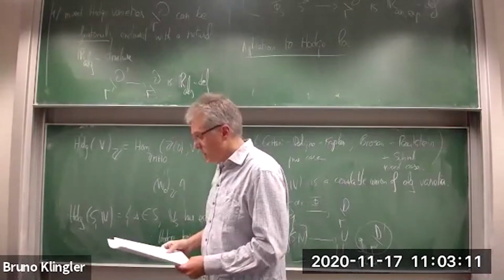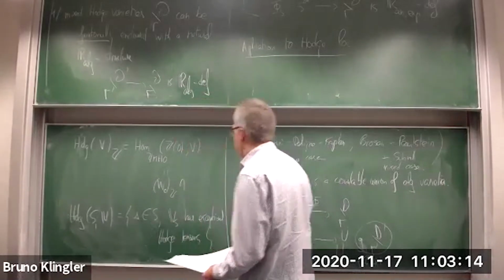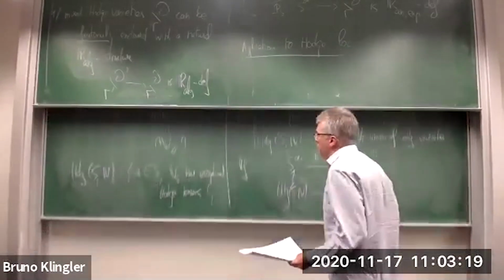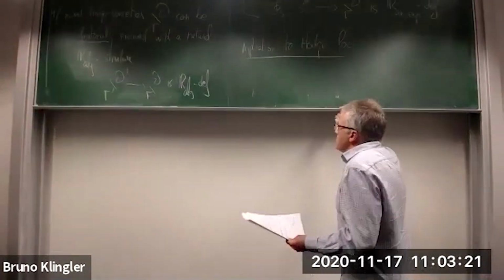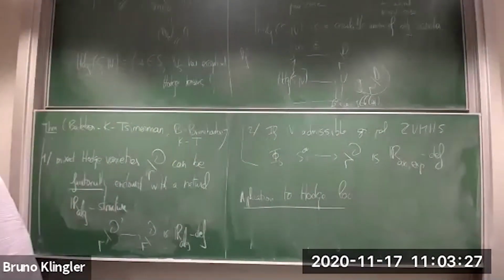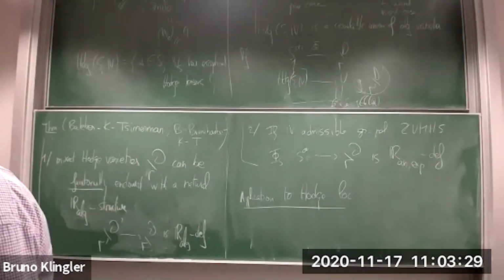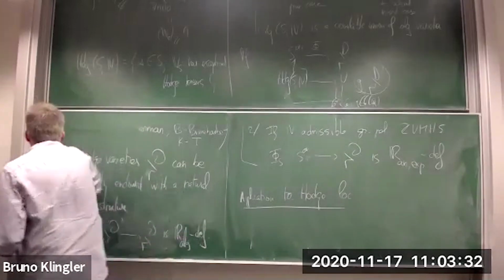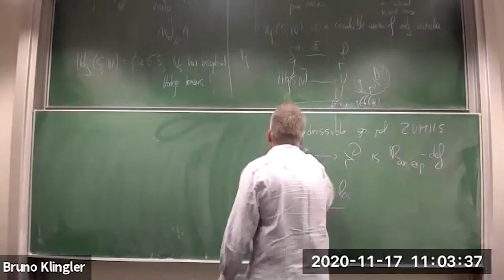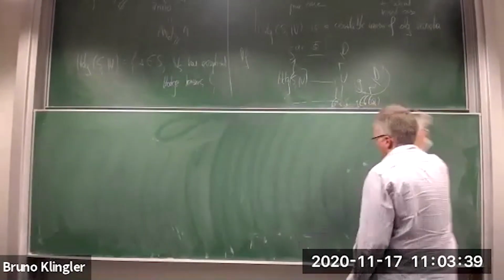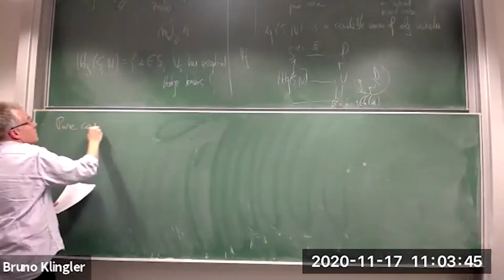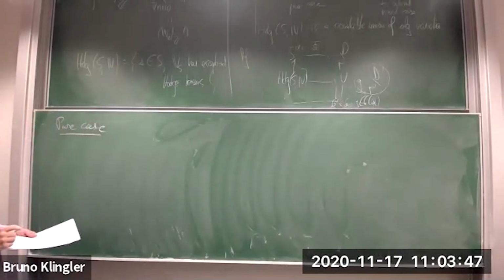So in the next lecture, Jacob will also explain another application, namely that basically the image of this period map has a natural algebraic structure. And this is where we need this minimal GAGA to do this. So now what I want to do in the remaining time is try to give an idea of how to prove this kind of thing. So I will start with the pure case and then move to the mixed one. So, pure case. That's too bad. I erased the theorem.